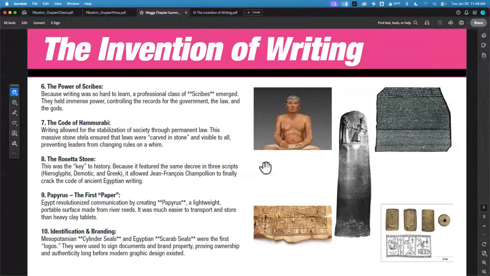Like, if you were a scribe, you were the smartest person around, because you were the only one who could read and write. And back then, there weren't a lot of people who could read and write. So you were high status, smart. But